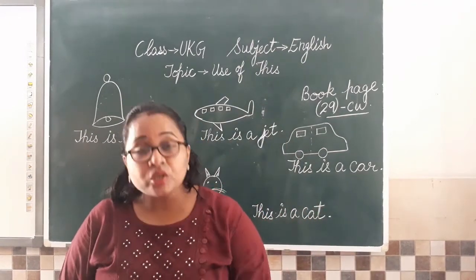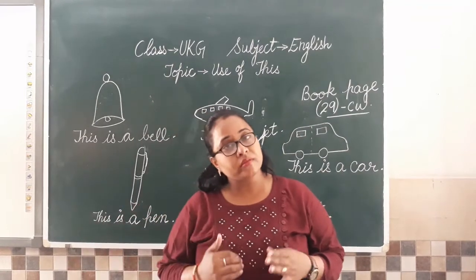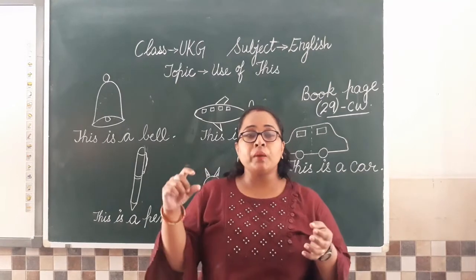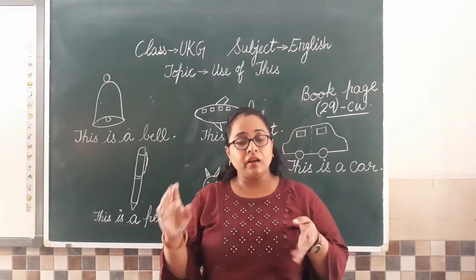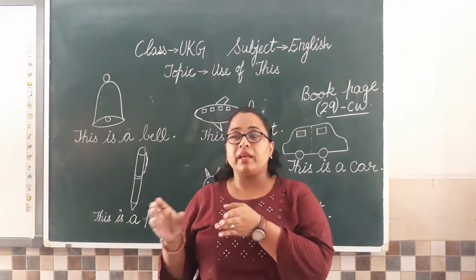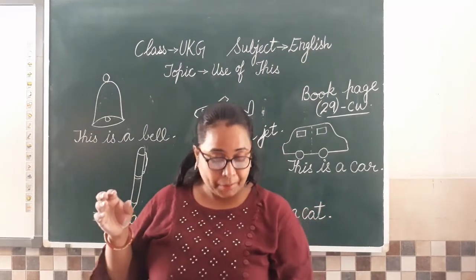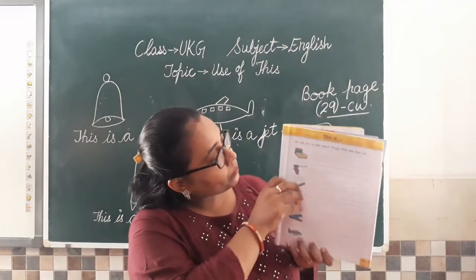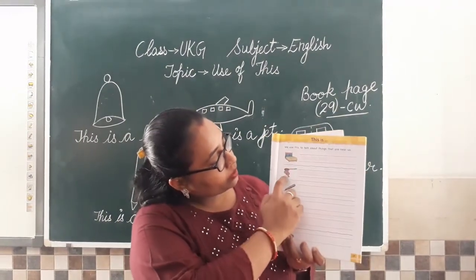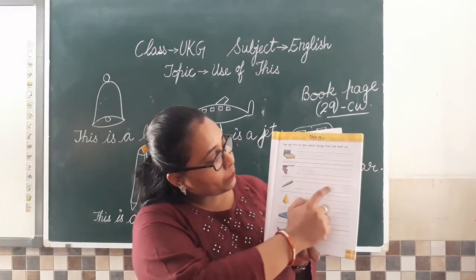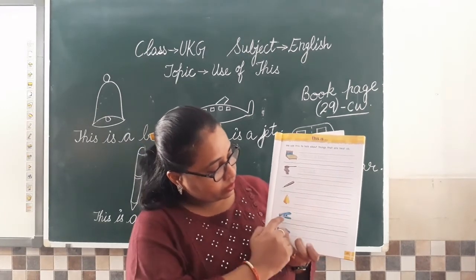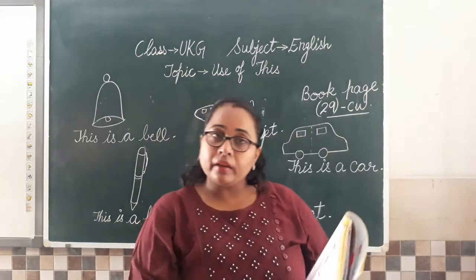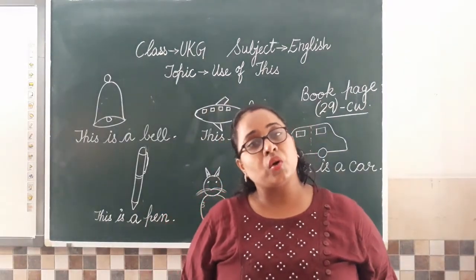And we have to do this work. So there are some pictures given. उस page पे आपको कुछ pictures given हैं. You have to identify the picture and try to frame the sentence. This is a, and then write the name of that picture. Like this is a net, this is a pen, then you have this is a bell. So if you can see here in the book, this is a bed, this is a net, this is a pen, this is a bell, this is a peg, this is a jet. Clear? So you have to do this work as your classwork.